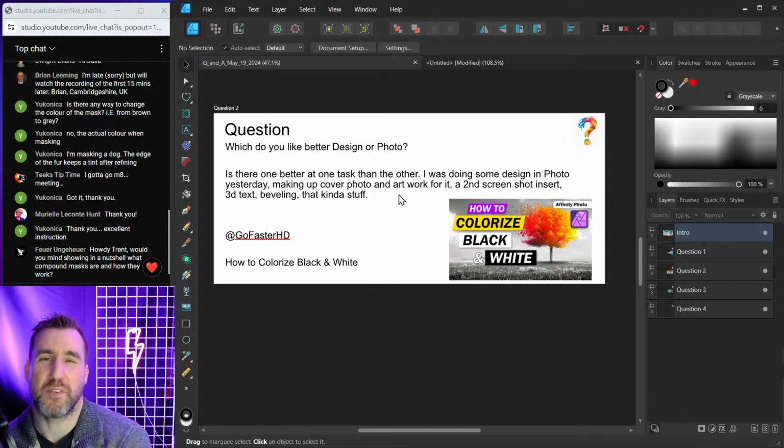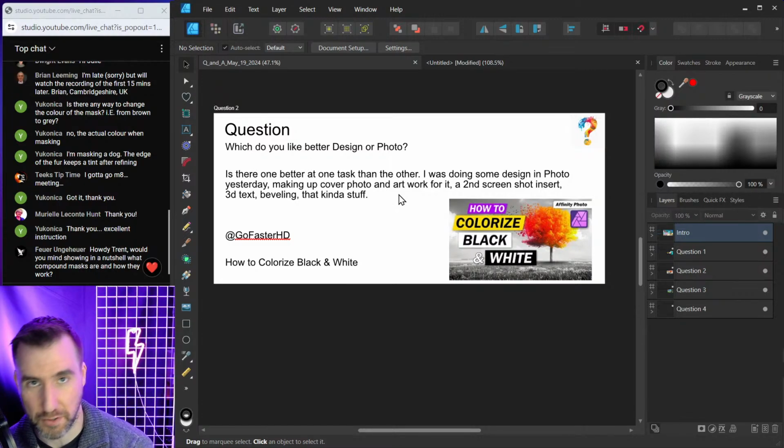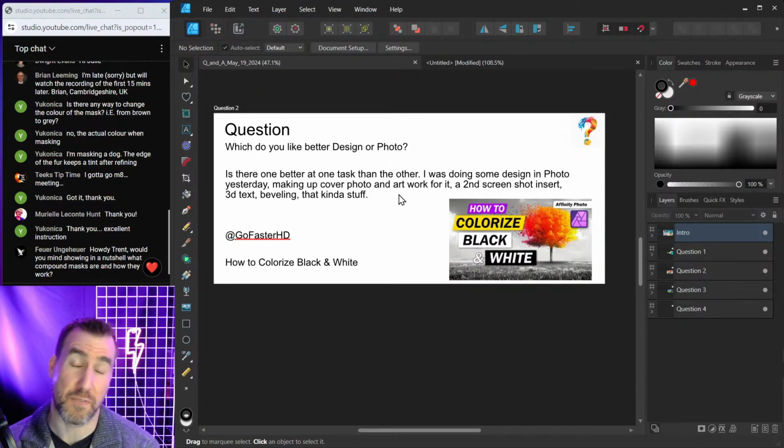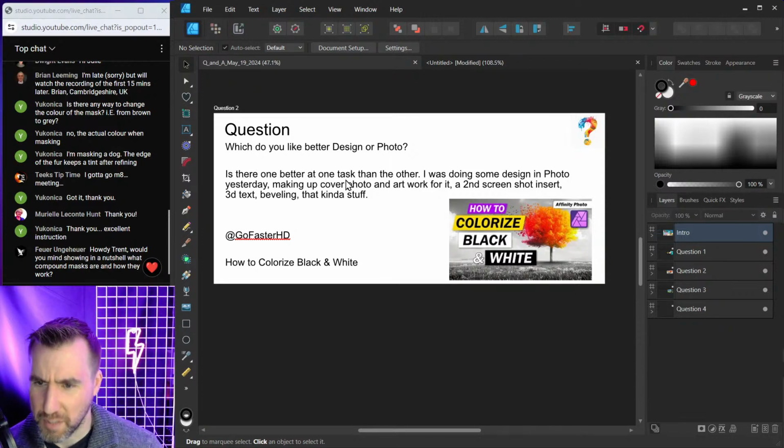I generally prefer Designer because I think it just has more of the options I use. I'm more vector based in what I do. But certainly if you're photo based, working with lots of photographs, and if you're developing raw photos, you need Photo for that. So for this type of use case here,